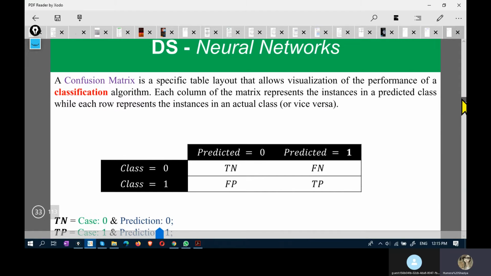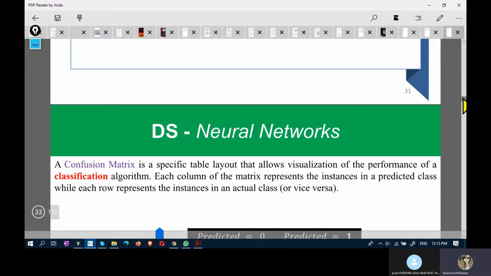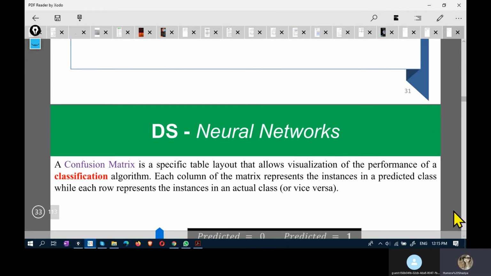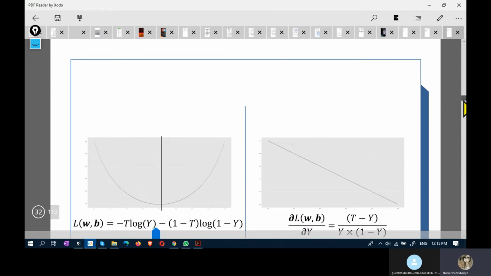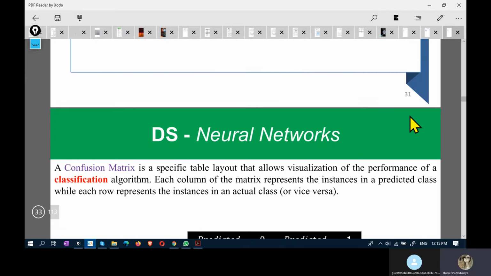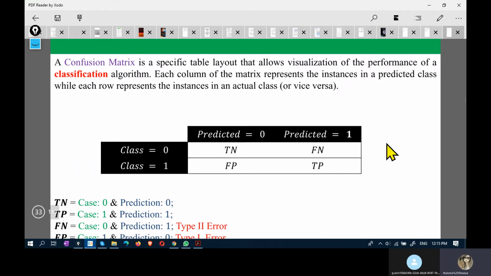And this one is confusion matrix. Confusion matrix is the visualization of the performance of a classification algorithm. In this you will have true positive, true negative, false positive, false negative. This confusion matrix typically, here in this slide it is given like true negative here, but then you will get, here you just remember that